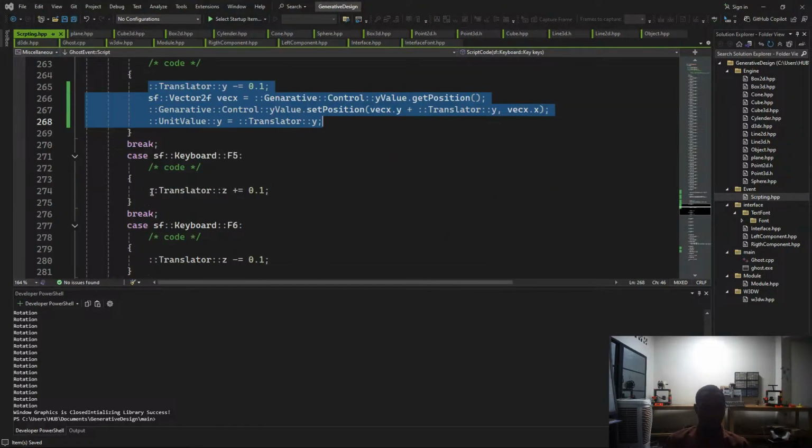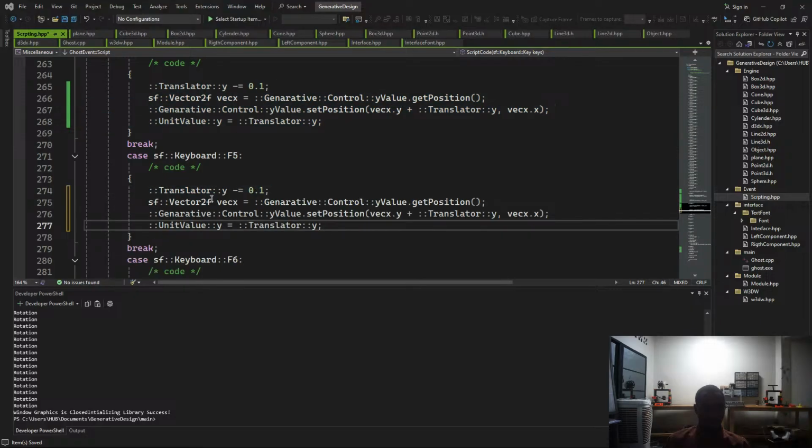It's traditional to use the WASD keys in a first-person shooter. So if we use the A key, I want